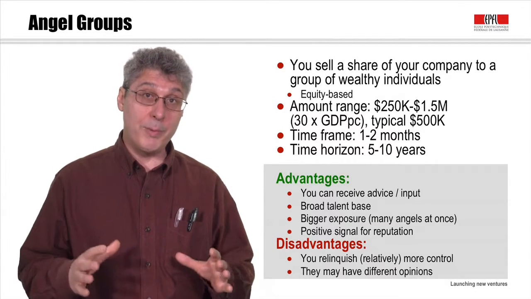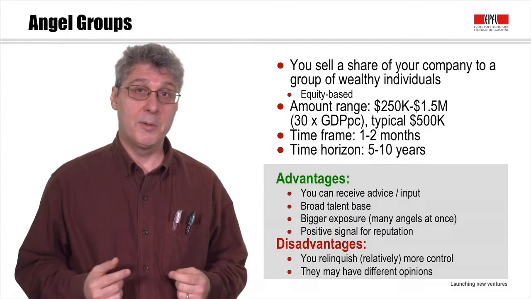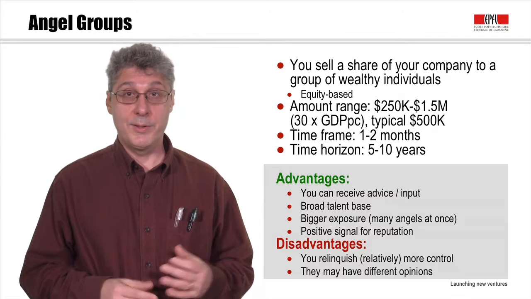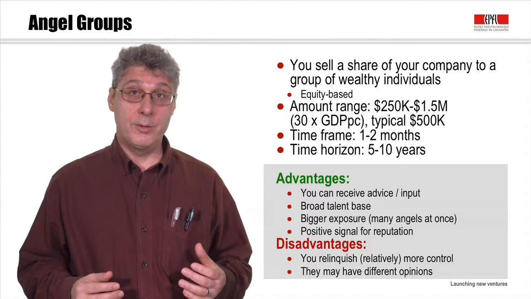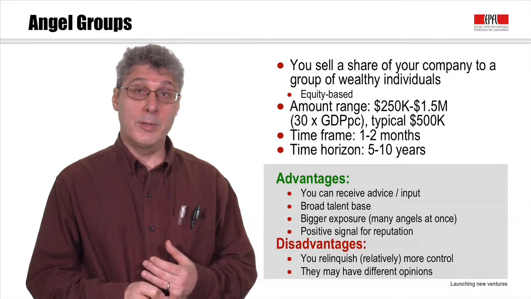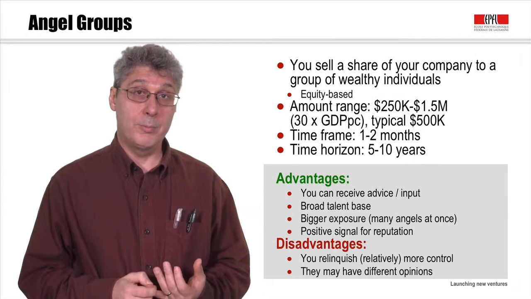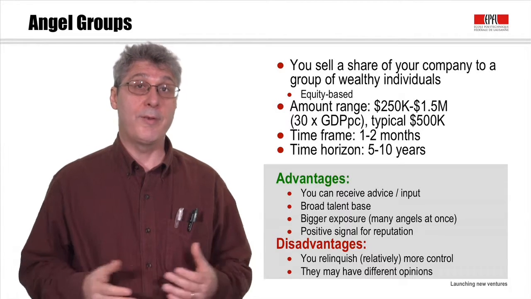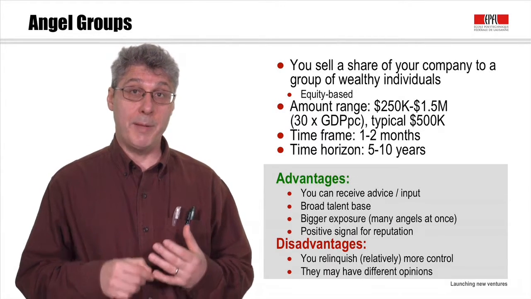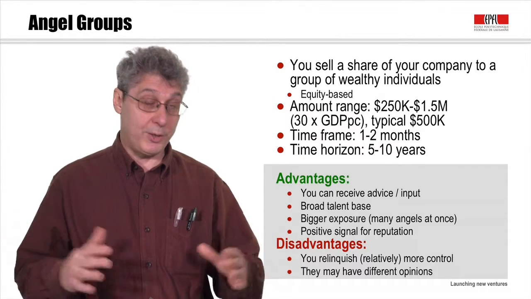And they form a group, an official organized group that meets on a regular basis, sometimes once a month or once every couple months, to screen ideas from entrepreneurs. So what you're doing here is you're making a pitch in front of an angel group. They might schedule 4 to 5 different entrepreneurs to come in and make pitches. And then at the end of the presentation, they would have a question and answer period.